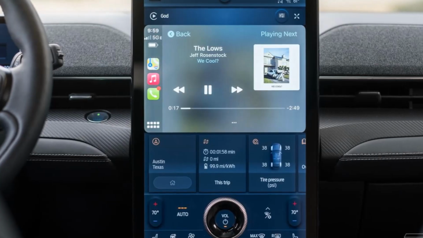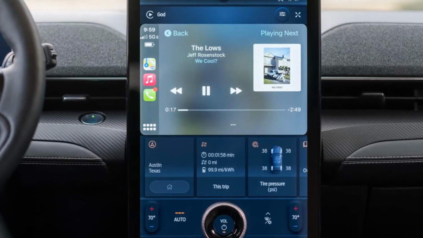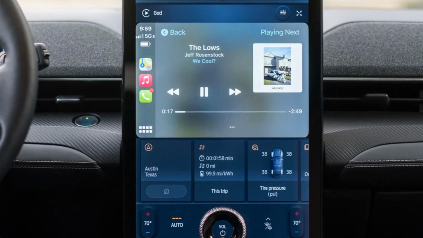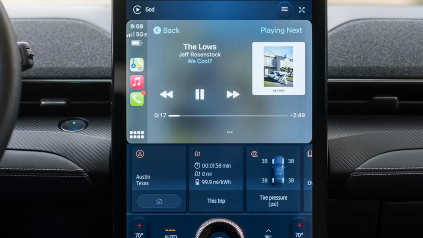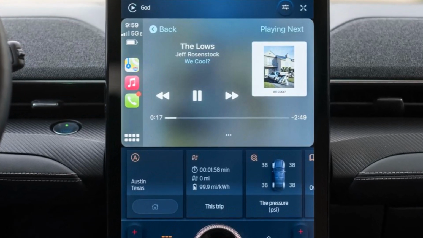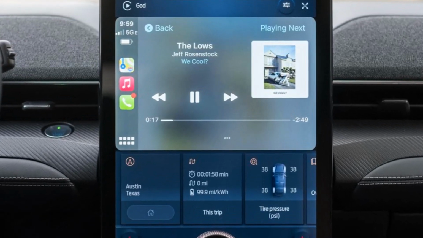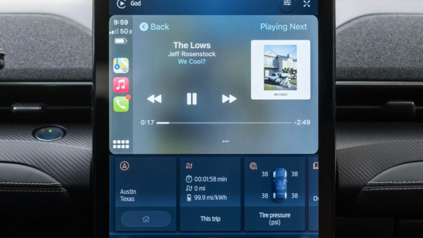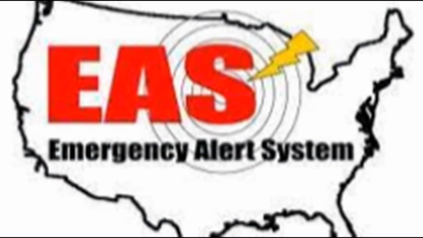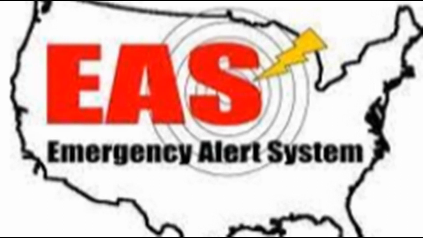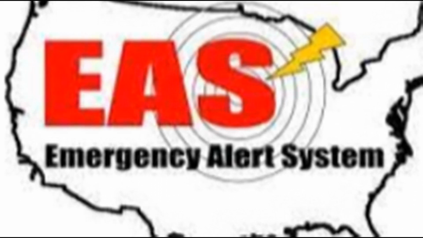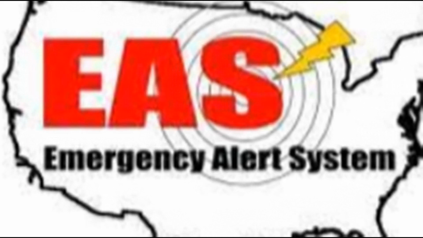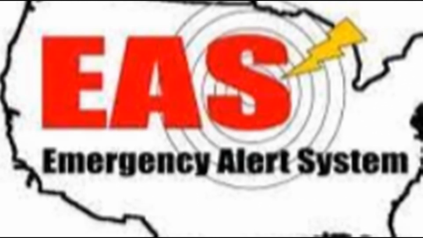So as you can see in Ford's statement, there are many alternatives for customers to hear their favorite AM radio music, news, and podcasts. This is all done through streaming through mobile apps, FM, digital, and even satellite radio options. And about the emergency alert system, it is actually a network of many different communication mediums, where AM is only one way they communicate emergencies. So you'll still be notified when that tornado is running down your alley.